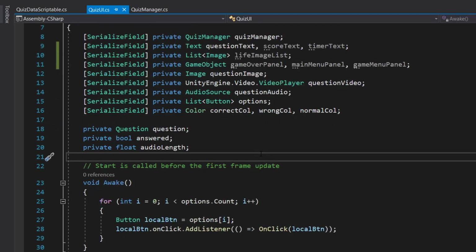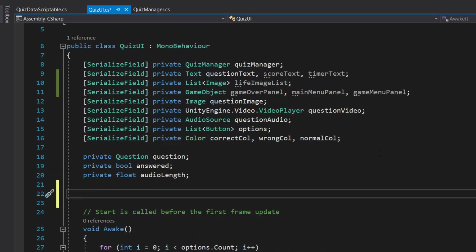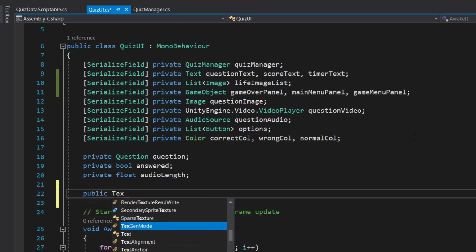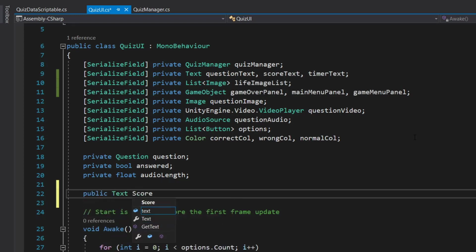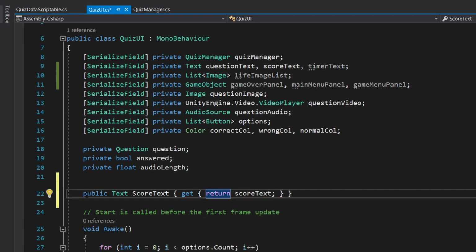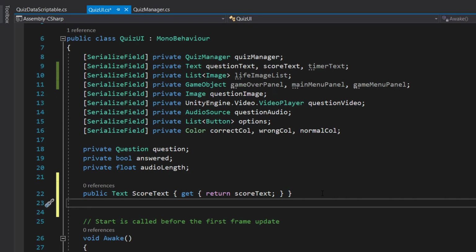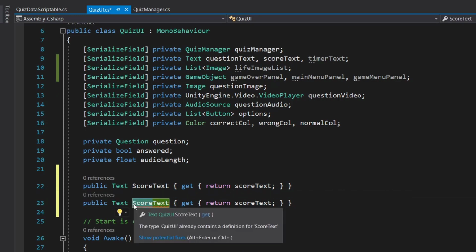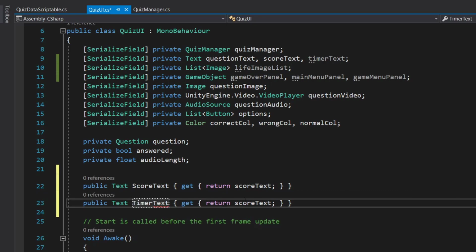Okay, now we will need a getter for our score text as well as our timer text. So what we'll do, we will create a public text and we will call this score text, and we will get our return score text. We need this getter so that we can edit our score from our quiz manager, and we also need timer text.